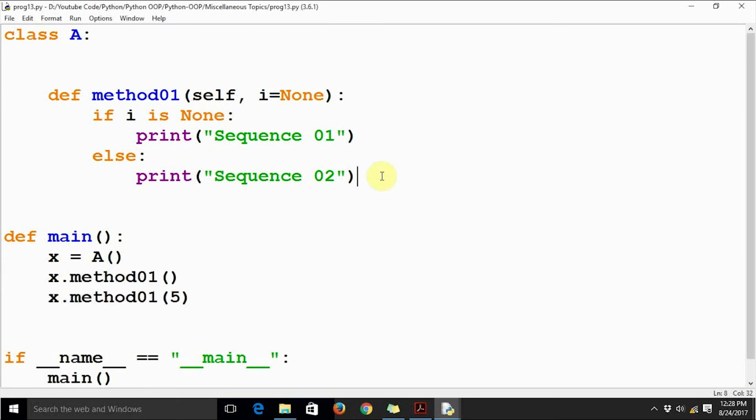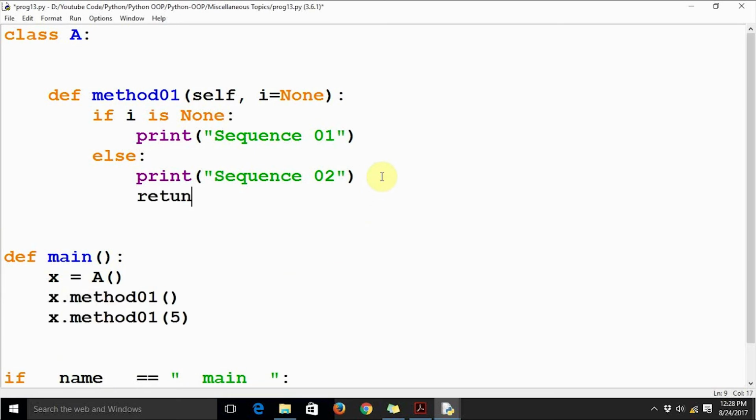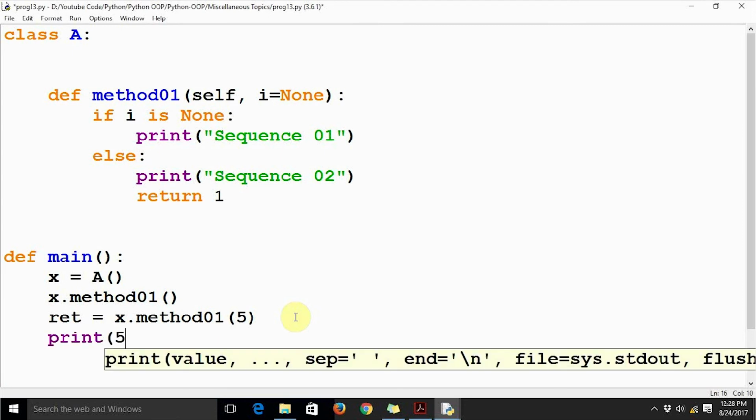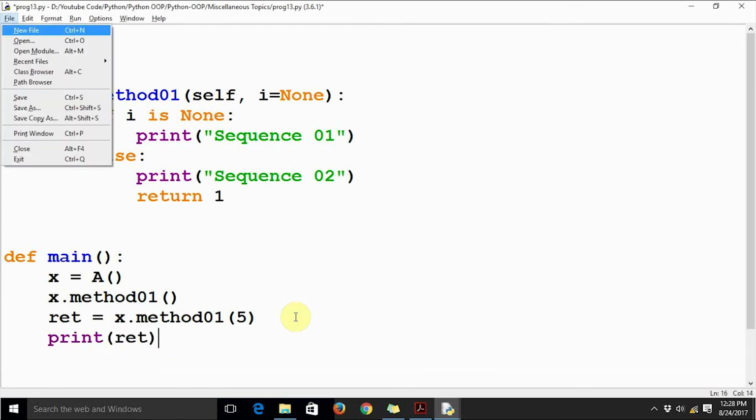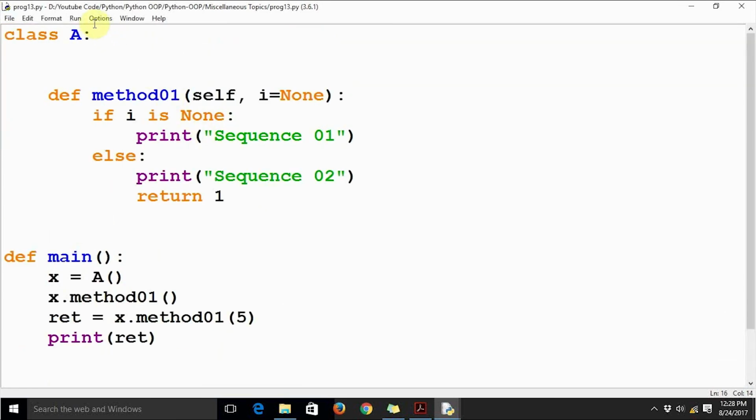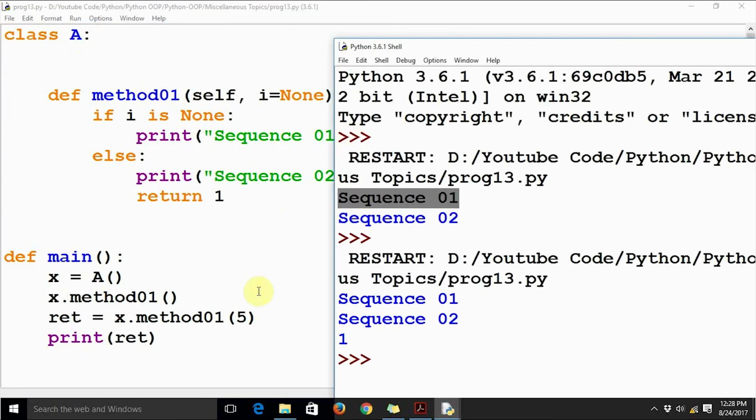We can even introduce a return value. Just say return 1, and I can assign that to a variable. I can say ret equal to x dot method 01 with 5 as an argument, and then print ret. Now just execute this code, and as you can see, the first method call prints sequence 01, the second method call prints sequence 02, and the return value is 1.